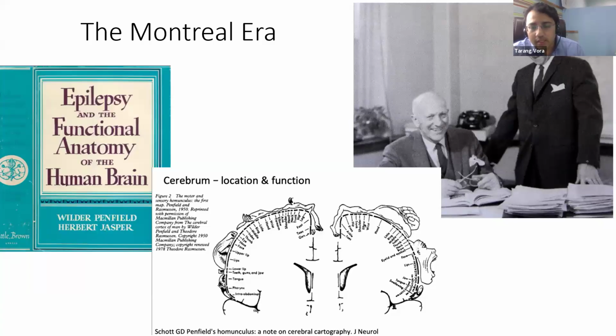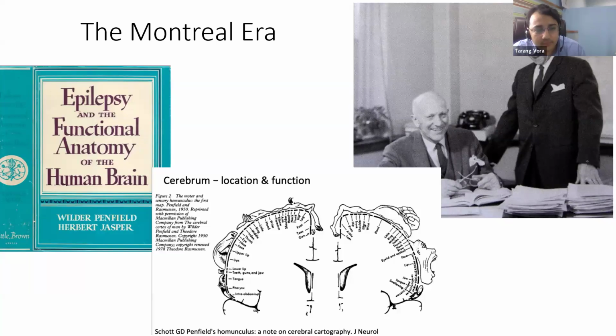After that initial era of Hughlings and Horsley, we have the Montreal era, with Penfield and Jasper. Hughlings was a neurologist and Horsley was a neurosurgeon. Similarly, Penfield was the neurosurgeon, and Jasper was the epileptologist, or electrophysiologist, who was able to map out different areas of the brain. They came up with the very famous homunculus in the earlier part of the 20th century, and this has formed the basis for predominant work in neurology as to where exactly the seizure is starting from.